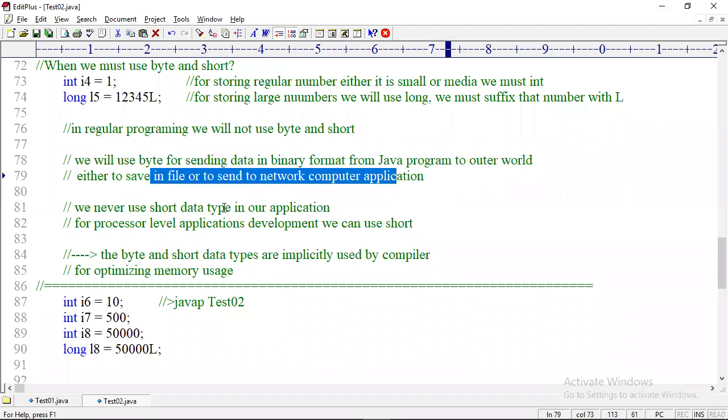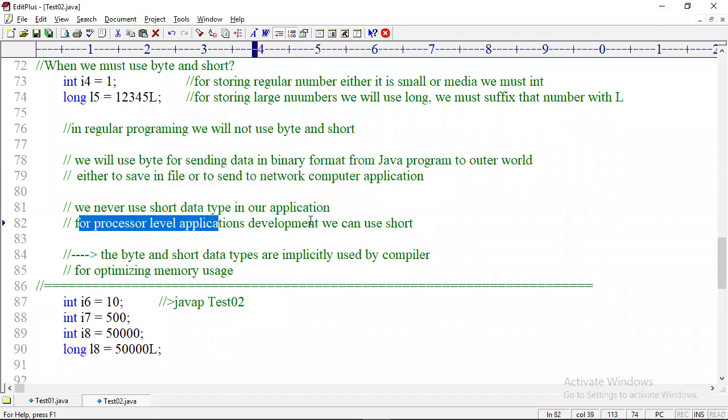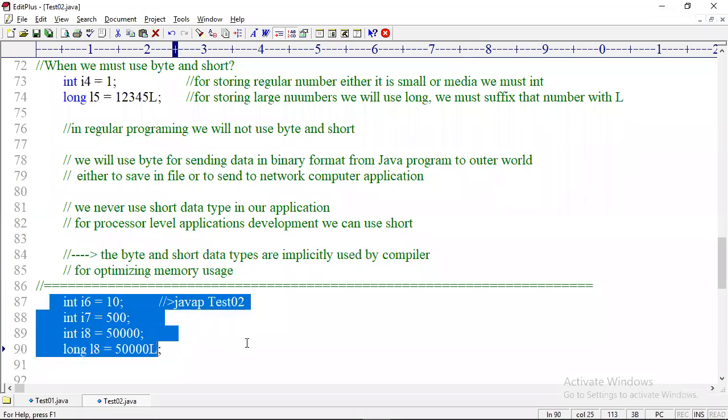We never use short in our applications. For processor-level application development we could use short, but we never develop that. In general, byte and short are implicitly used by the compiler, not by the programmer, for optimizing memory usage, and I have shown the proof.